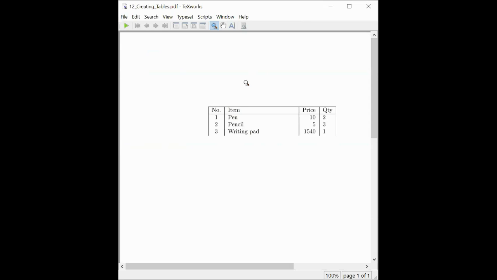Okay, there is no table numbering. So if you want to have equation numbering, you have to put your equations in between \begin{equation} and \end{equation}. The same way, if you want to have table numbering, you have to put your table inside the table environment. The tabular environment is created for creating your tables, and the table environment will put captions and numbering to your table. So that we will see.